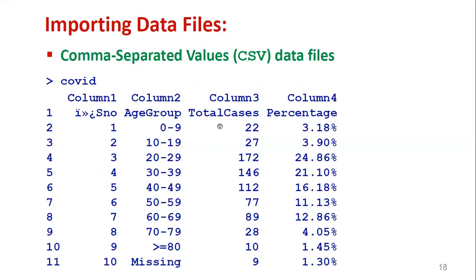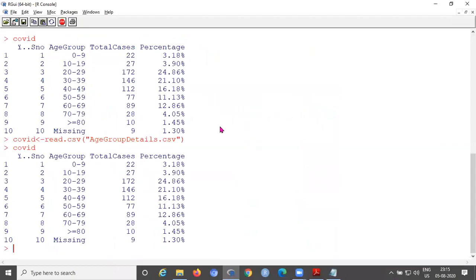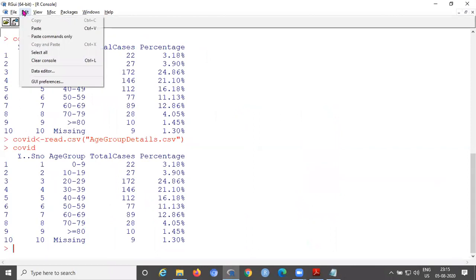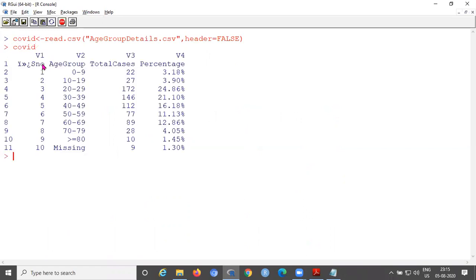So this you can apply whenever you use header equal to false, where V1, V2, V3 are stored. Now we will also try to run this one. First you can call the COVID data with the header equal to false case. Now see this one. In this you can see V1, V2, V3 and so on.